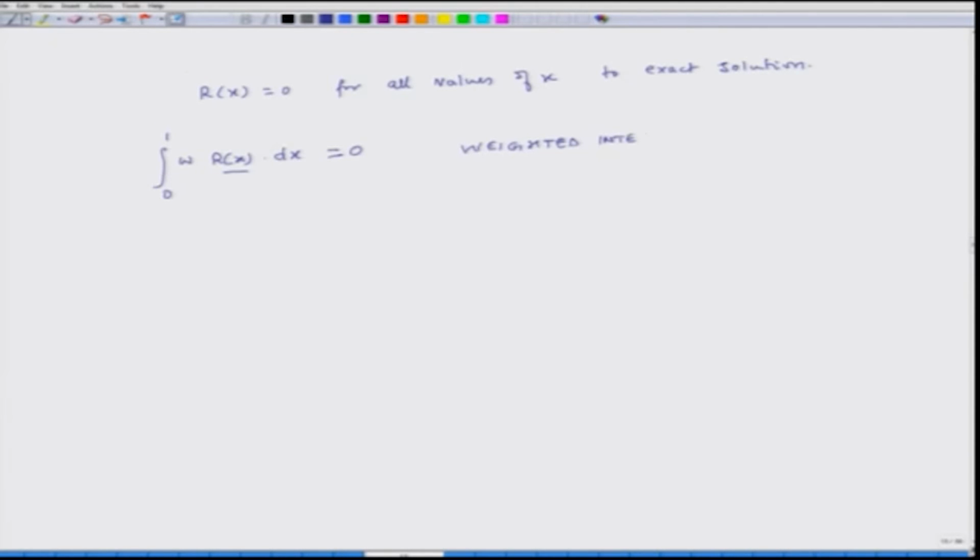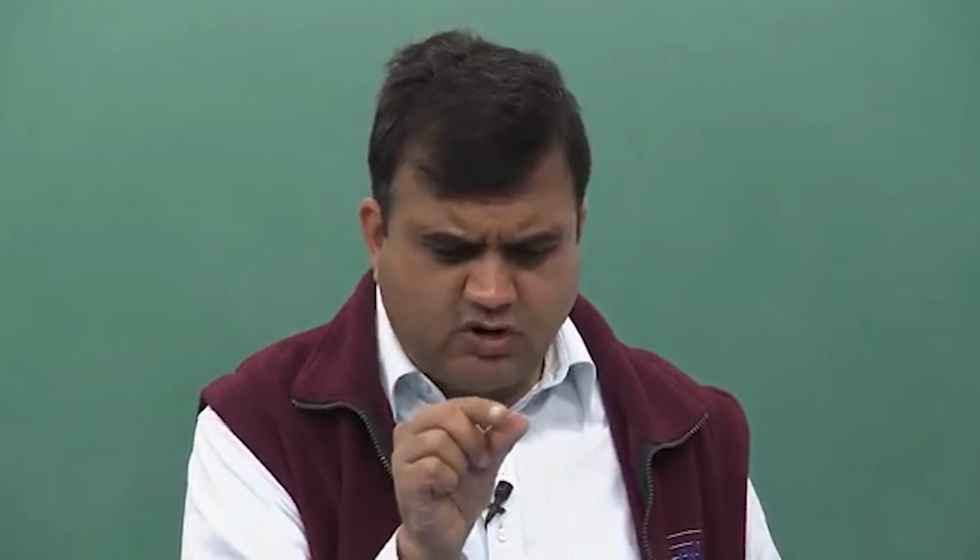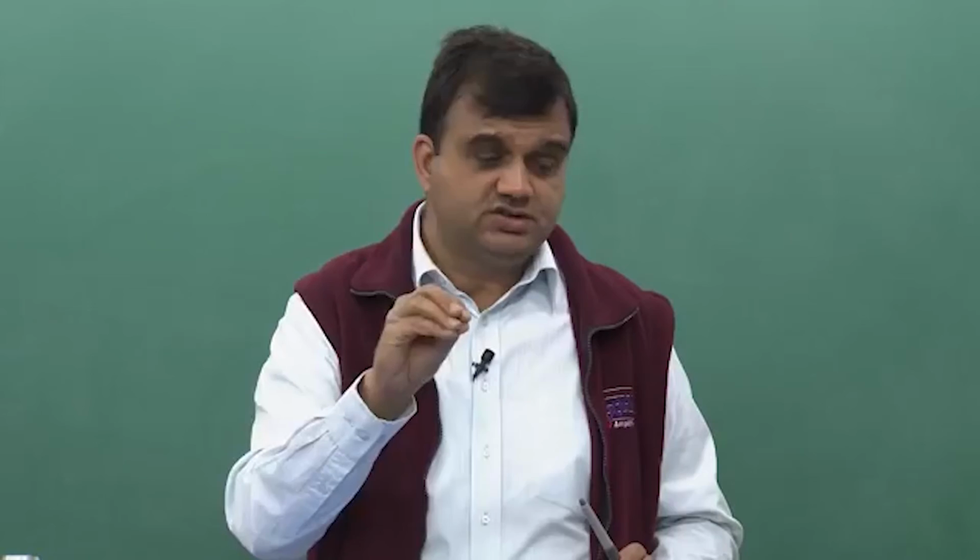Weighted integral of residue is 0. First thing, intuitively you can look at it: if I use this approach on an element, then this weighted integral of residue on small elements, if it is 0, then chances are that it will slowly become very close to accurate, because on every small element the weighted integral is 0. So, my solution will approach the zero-error situation.